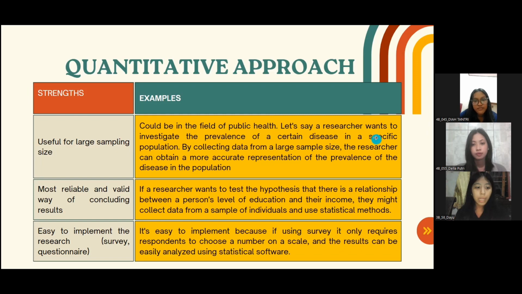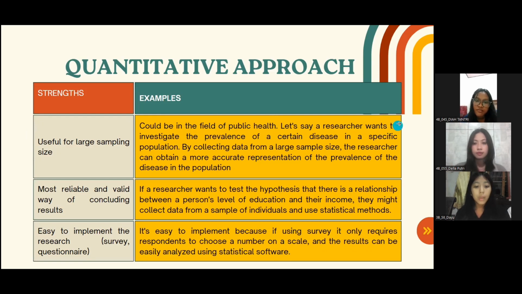And the last is that it is easy to implement with a survey or questionnaire, where the quantitative approach is relatively faster to collect research data, and the numerical data can be analyzed in a quick and easy way. How? By employing statistically valid random models, and the findings can be generalized to the population about which information is necessary, using a survey or questionnaire.